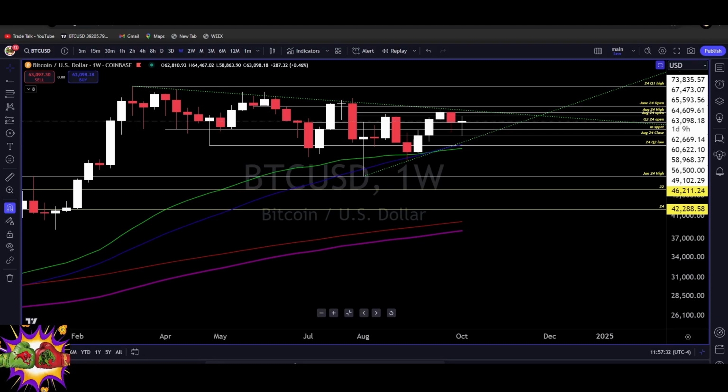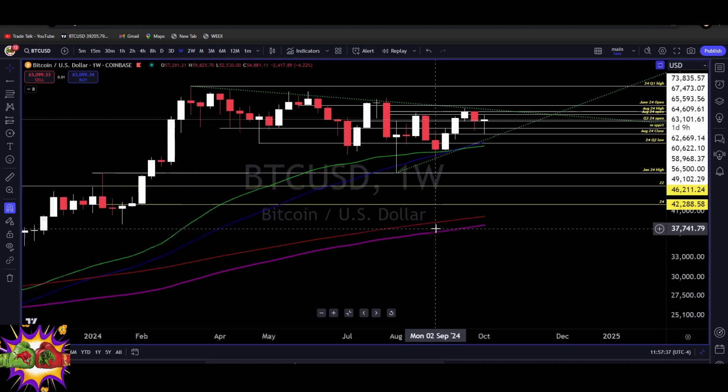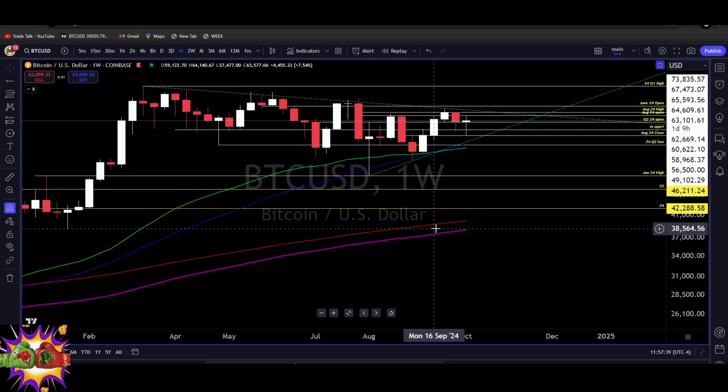Let's go ahead and discuss Bitcoin. Right now I have this on the weekly time frame. I know the chart is really busy, but just stick with me and I'll explain it. These are all basically the market's levels. They're not mine. I just find higher time frame levels and then I watch price as it navigates through the